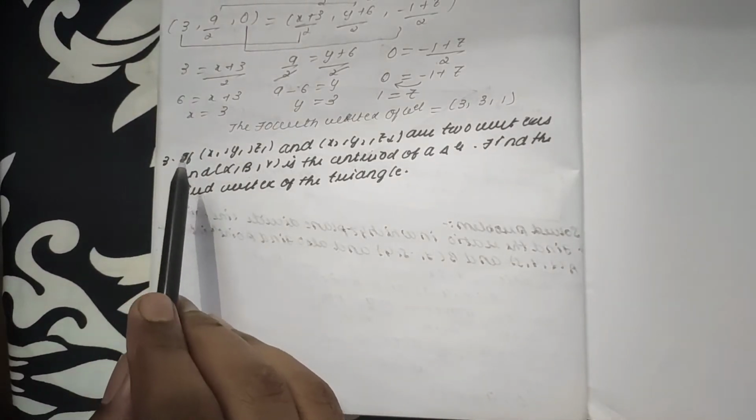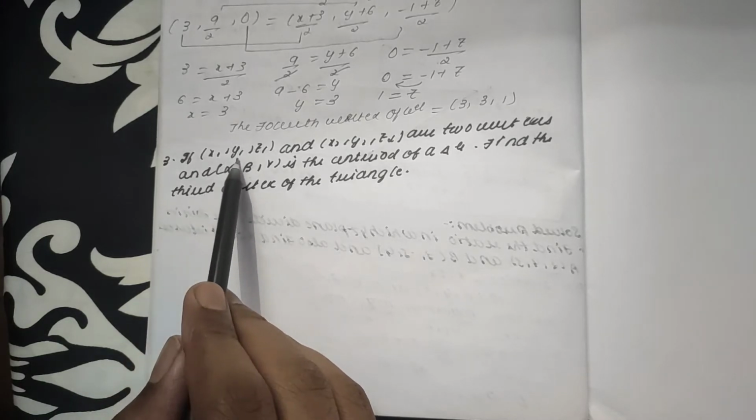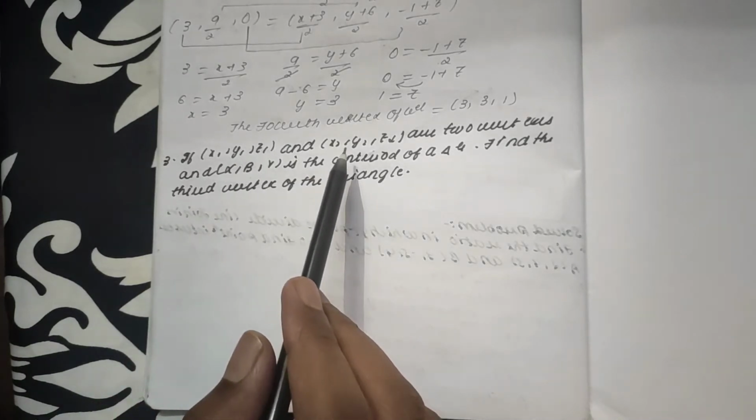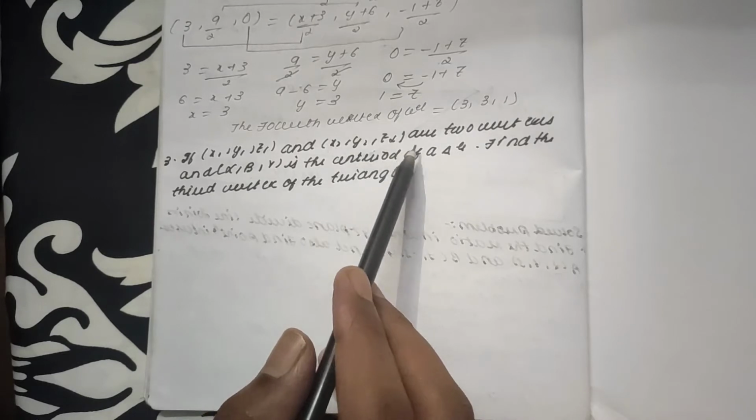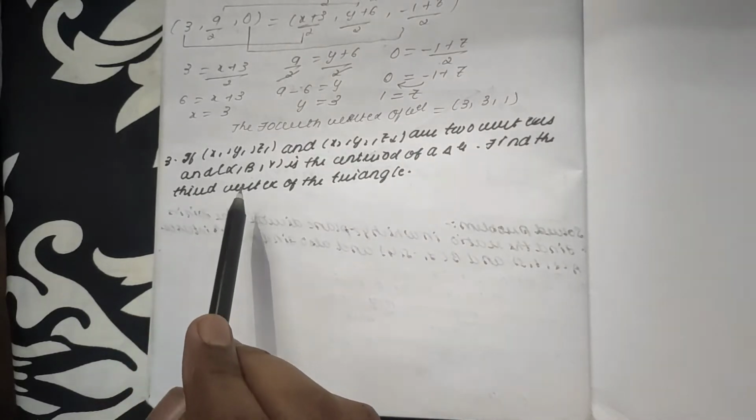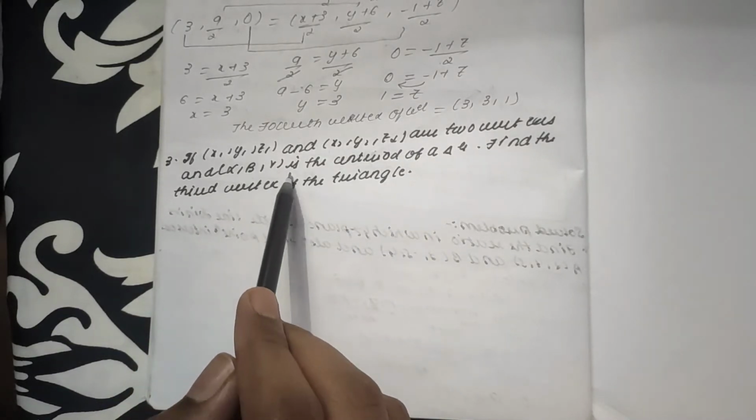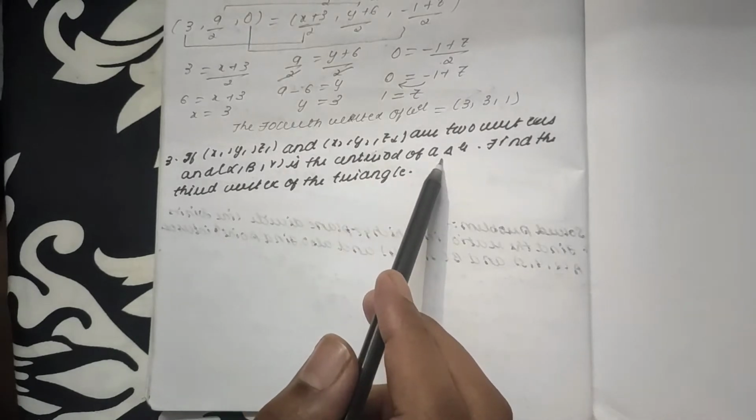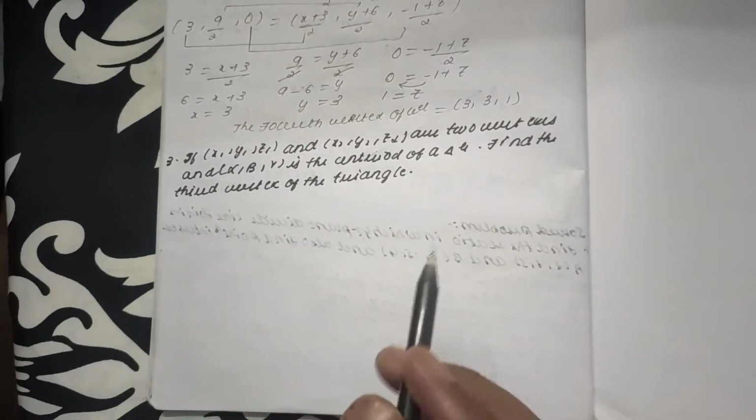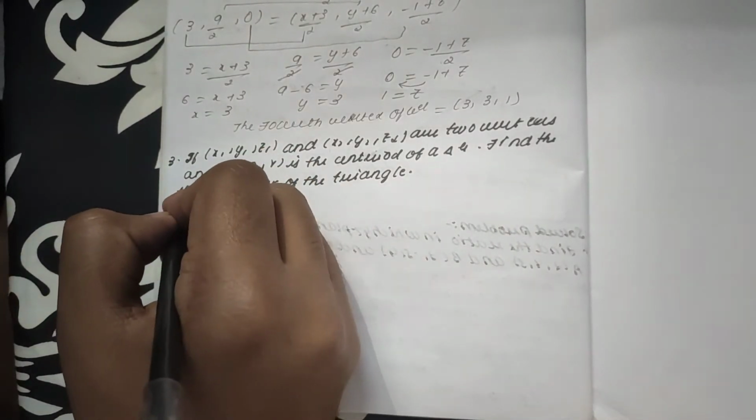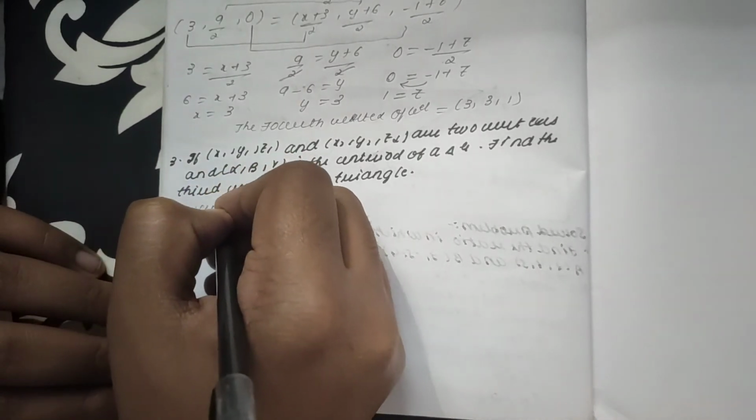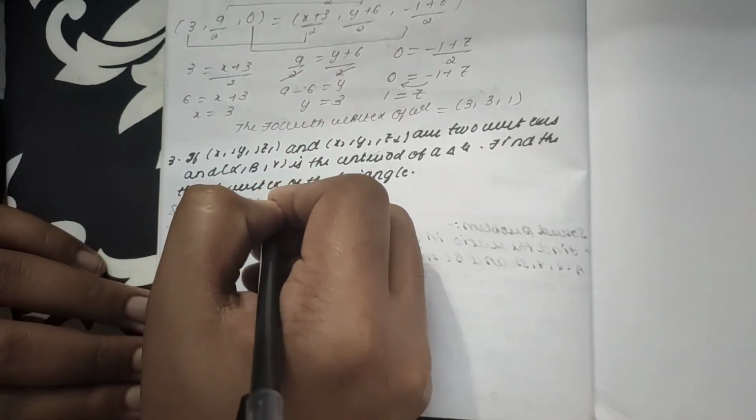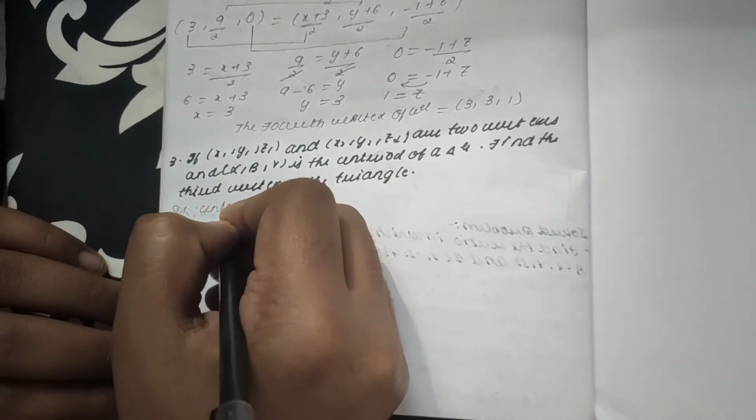I hope you have understood the previous sum. So let's go to the next sum, which is: given that x1 comma y1 comma z1 and x2 comma y2 comma z2 are two vertices and alpha comma beta comma gamma is the centroid of a triangle, find the third vertex of the triangle. Solution: the centroid of the triangle